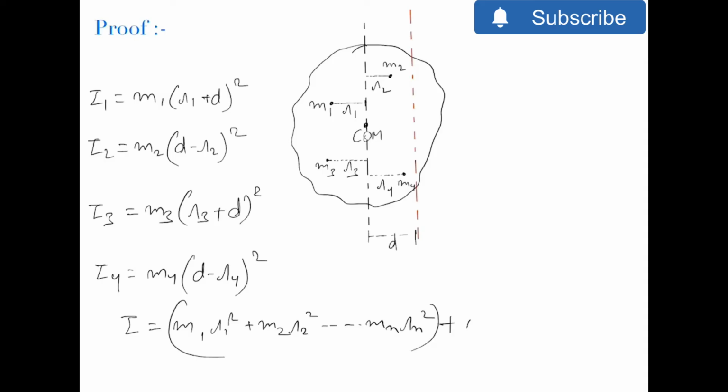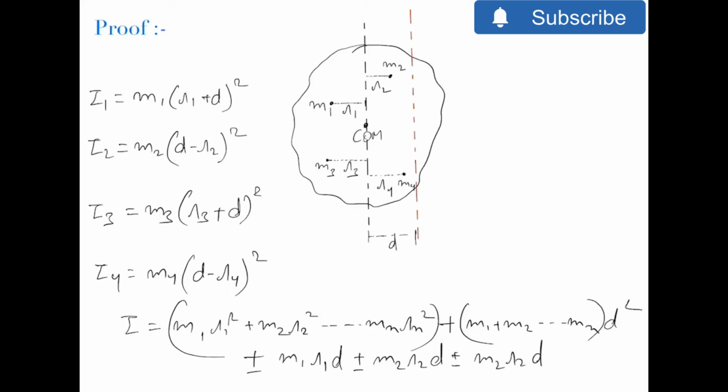plus m1 plus m2 up to mn into d square, plus m1 r1 d plus minus m2 r2 d plus minus. Why I'm writing this plus minus is due to the fact that it is not necessary that mass 1 is on this side only. It can be at this side also. So I'm writing it arbitrarily, considering that any mass can be on any side of the center of mass axis. So this is m2 r2 into d, and this is up to,